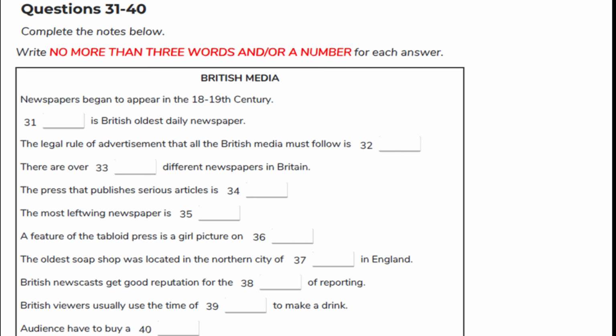Daily news and weather forecasts are also popular viewing. British newscasts are famous for the quality of their reporting. While there are many channels for audiences, an interesting phenomenon appears. During particularly popular programs, the national utility companies have to make special preparations because during commercial breaks, a surge of demand for electricity is created when millions of British viewers rush out of the sitting room to make a cup of tea.